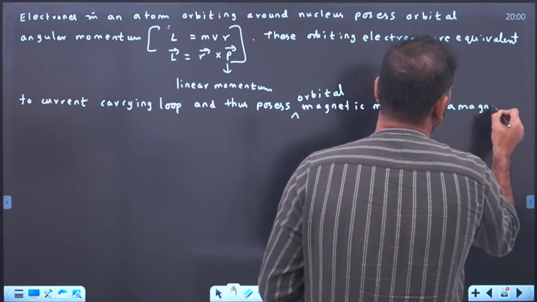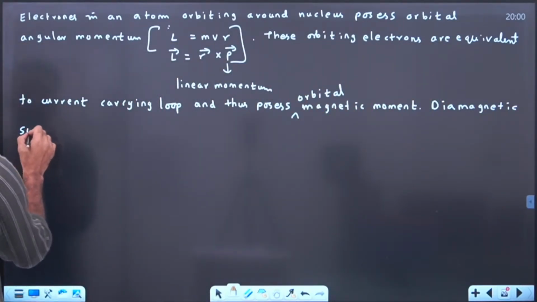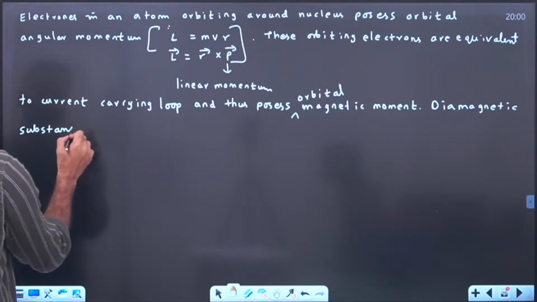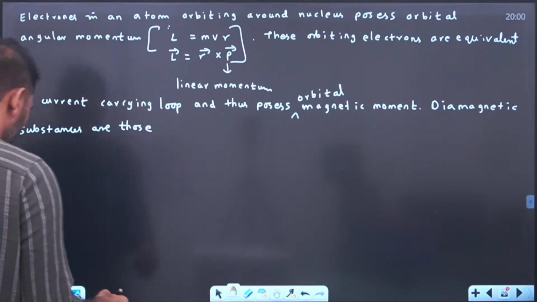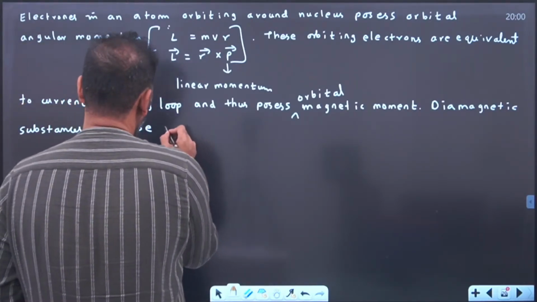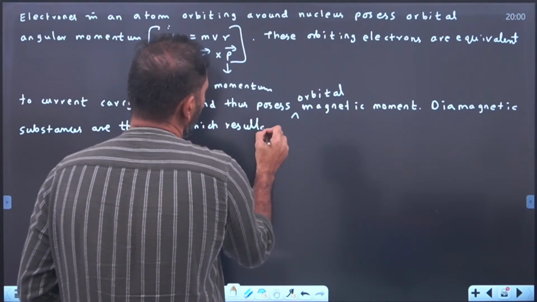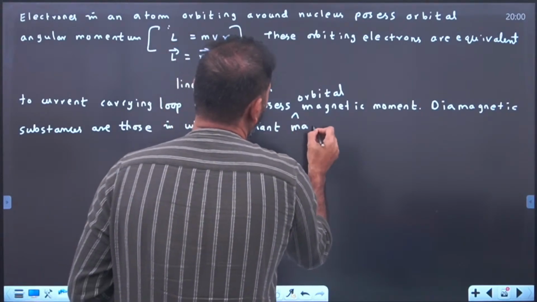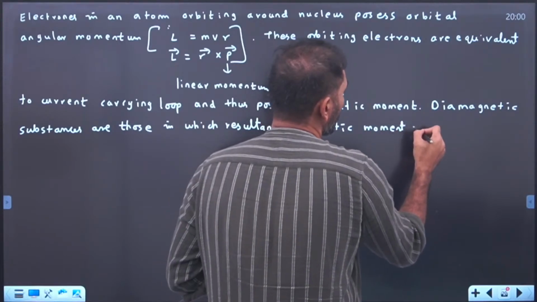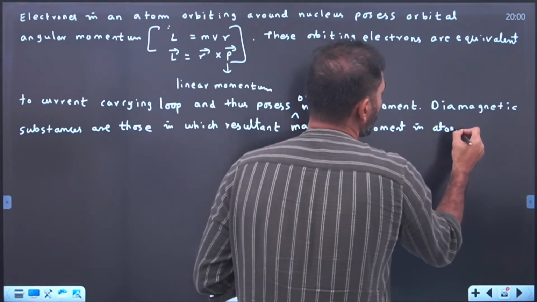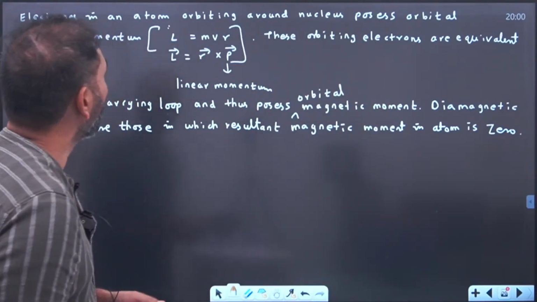Diamagnetic substances are those in which the resultant magnetic moment in an atom is zero. So remember,